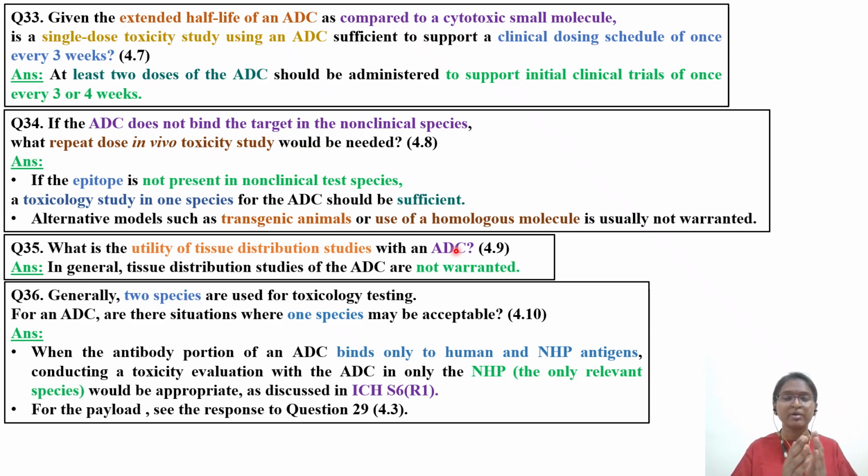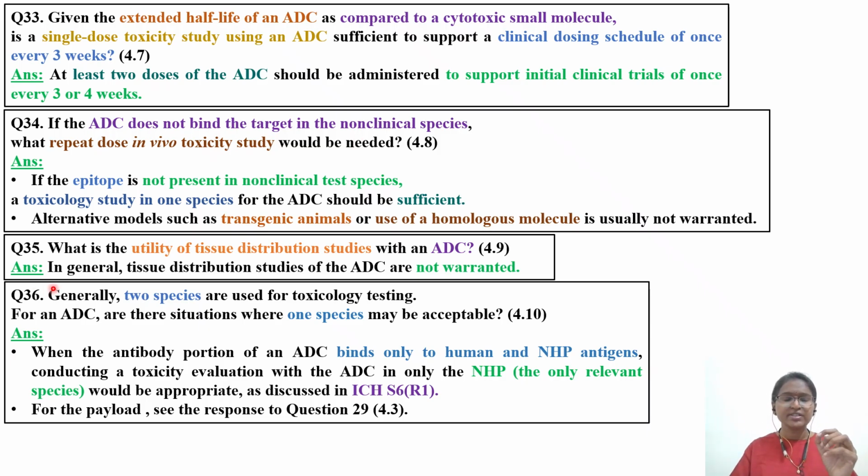Whenever you're developing biopharmaceuticals, one section you have to concentrate on is tissue cross reactivity. Here they're discussing tissue distribution studies. What is the use of these tissue distribution studies? We have seen in the previous slide about TK and plasma stability. Now we are discussing distribution. In the previous question we also discussed half-life and receptor binding. You can see how it is connecting all the PK sections: absorption, distribution, receptor binding, elimination, half-life.